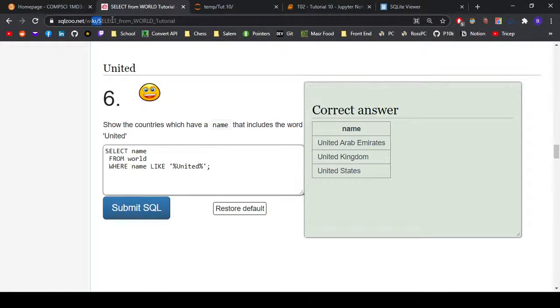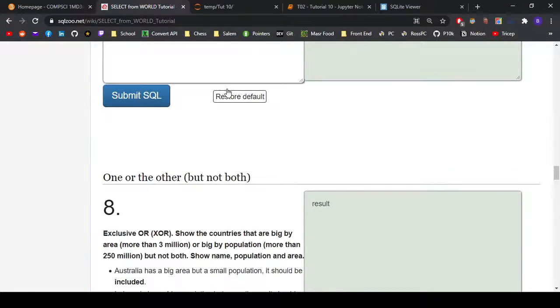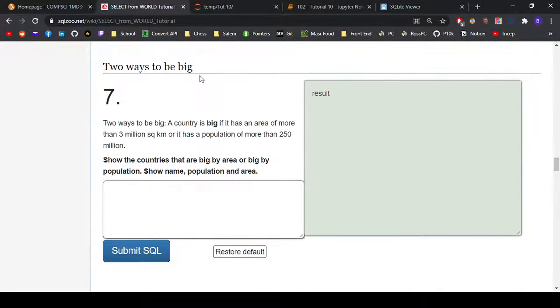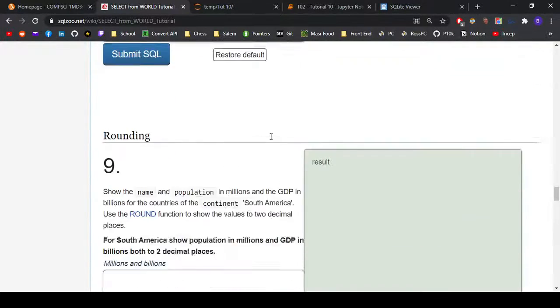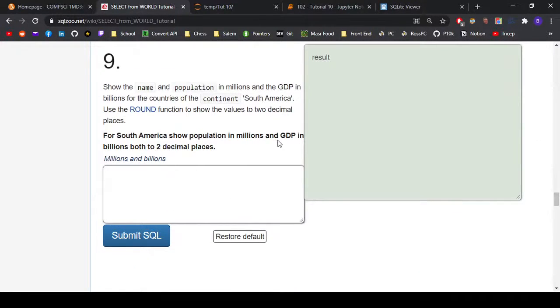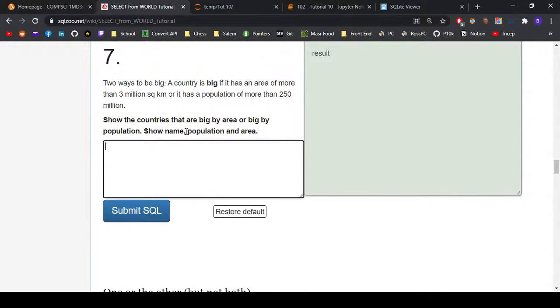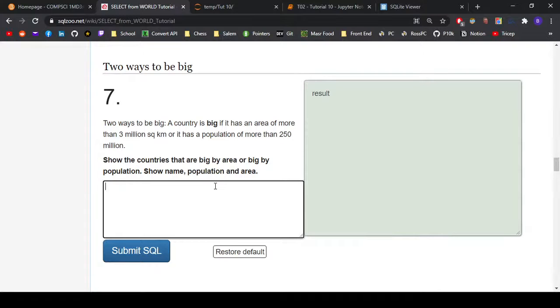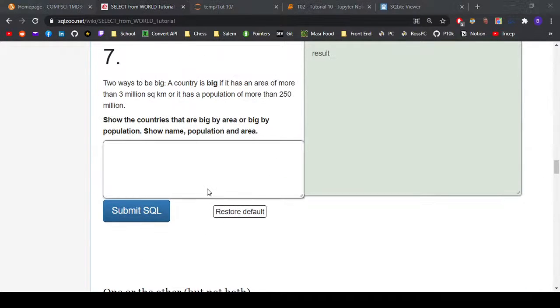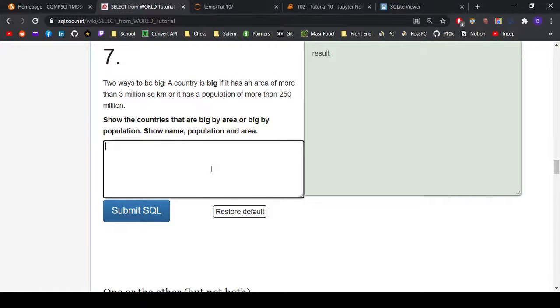Basically, anything on this page, SELECT from world, if you know everything here, you are more than fine, because we're probably not going to even go this complicated. So we'll do a couple more, I think. I'll quickly scan, see if there's anything. Yeah, this one would be good to do. Actually, this one's good to do too. So, not too bad though. This one just teaches us how to use